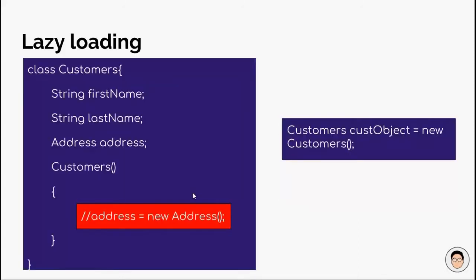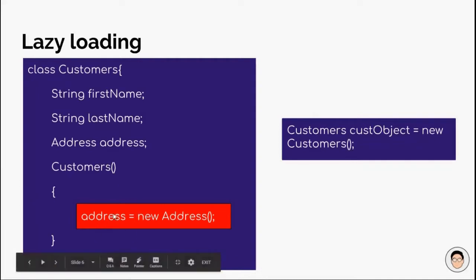We haven't created it in the constructor. If we did that, then the address object would be created with the customer's object. Sometimes it happens that we are not interested in the address of the customer. We just want to access the first name and last name. In that case, since we have created an address object with the customer's object, this object will reside in memory and will waste memory, because waste is something that is in memory but no longer in use. That is what happens with this address object. So lazy loading helps us in better memory utilization, but lazy loading is not an efficient way to retrieve data